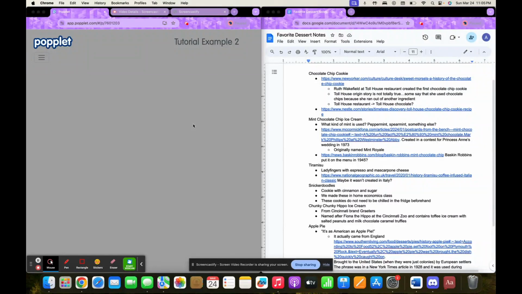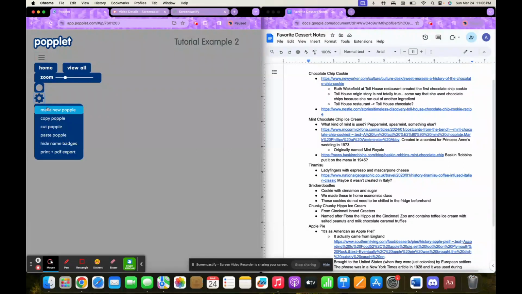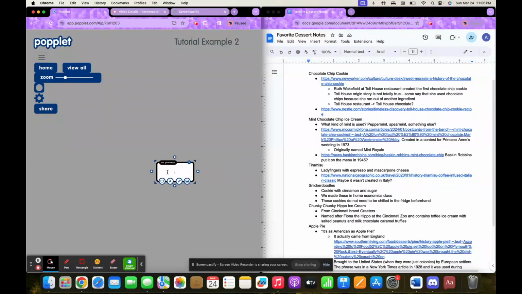So now that I know how to create a single popple, we can now start turning our notes into popples to create a popplet. So say my teacher instructed me to explore something related to food. I narrowed that down a bit to just my favorite desserts and took some notes. I'm going to put a popple in the middle